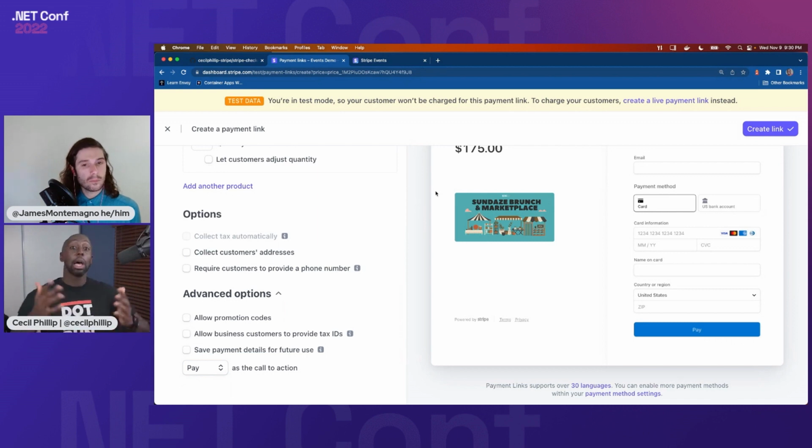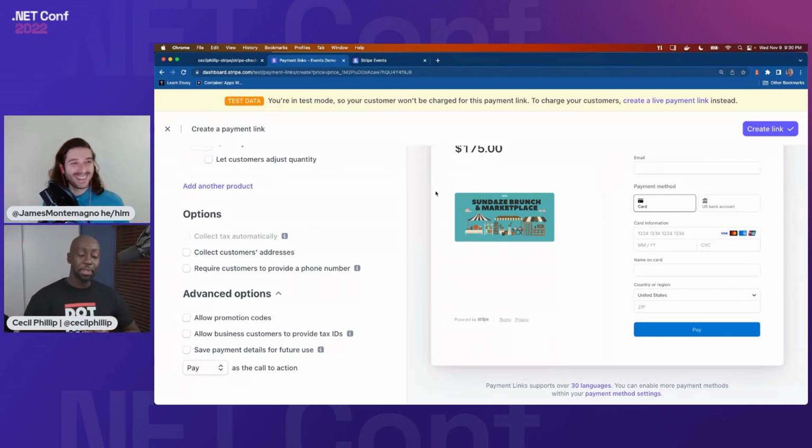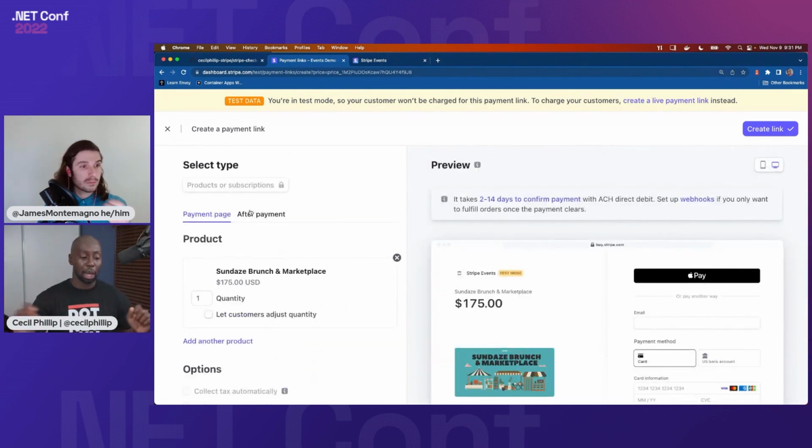I'll give you an example. The gentleman that cuts my grass for me has no website. He doesn't have an office. I talk to him via text message. He's like, I'm coming today. Is it cool? I'm coming tomorrow. Here's your invoice. That's how we communicate. I think something like this would be great for him because he could just say, cut the grass, and then give me a number. And then he sends me the link.